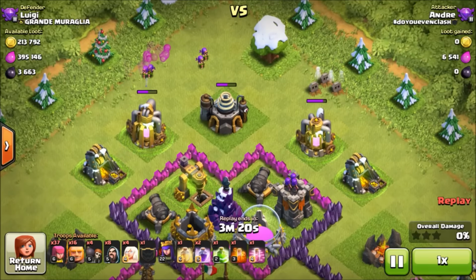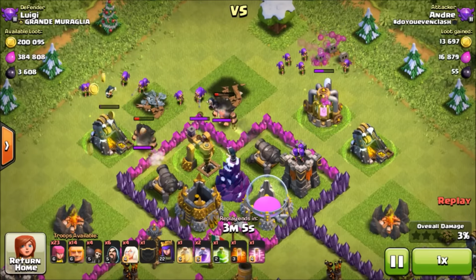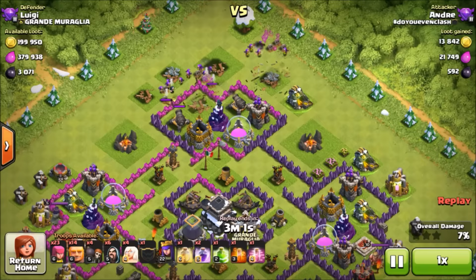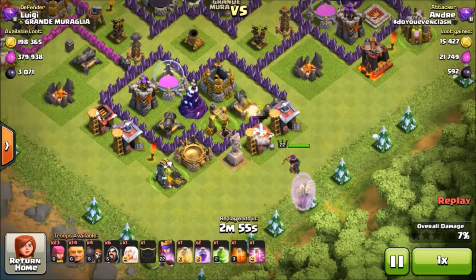So this base is a perfect example of why I like Super Queen Charge a little bit more than regular Super Queen. As you can see, there is a Dark Elixir pump which is pretty full on the top, and there is also another Dark Elixir pump on the bottom, so they're on opposite ends of this map. Both of those pumps contain about 600 Dark Elixir each, so it's really important to get that,